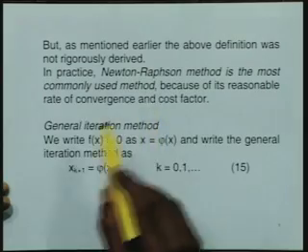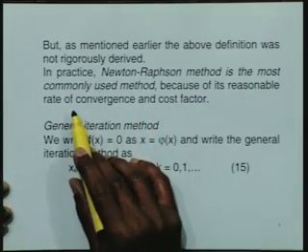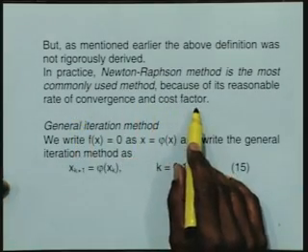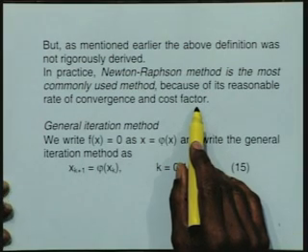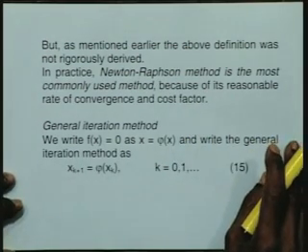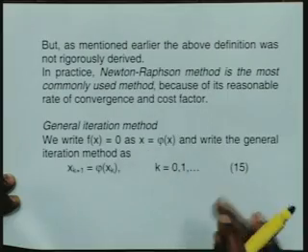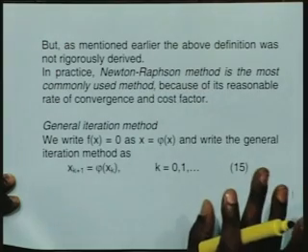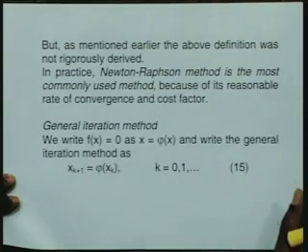Now, however, in many practical applications, because the second derivative evaluation may be very difficult, the Newton-Raphson method is found to be the most popular method because of the reasonable value for p, that is the second order quadratic convergence, and the cost factor. The cost factor is one function evaluation and one derivative evaluation. You can see that even today, in many research problems, wherever you need the roots, they would go to the Newton-Raphson method rather than the other methods. Where of course the derivative is just not possible to find, then they go to the secant method or further modifications of the Newton-Raphson method, in which we only use f(x) and not the derivative at all.